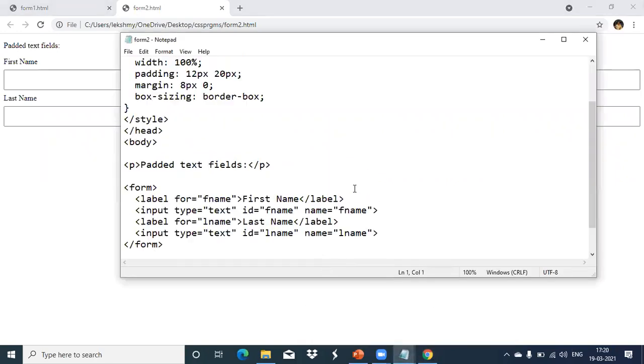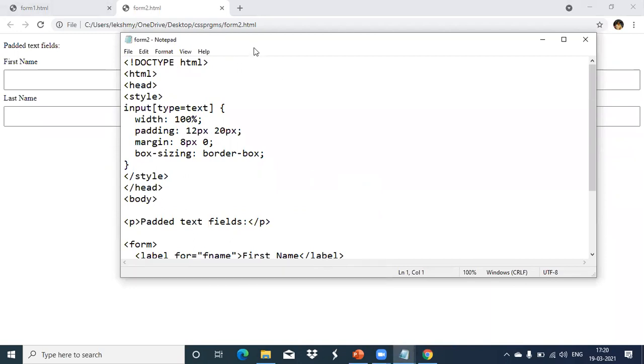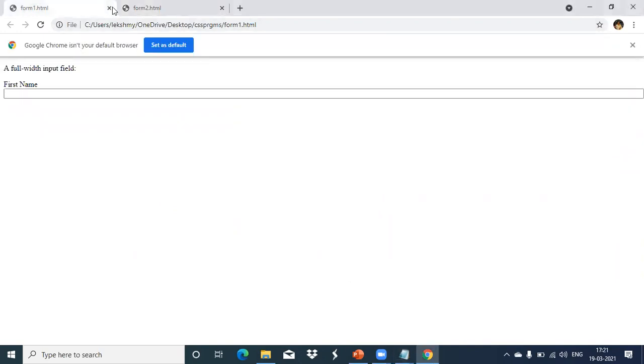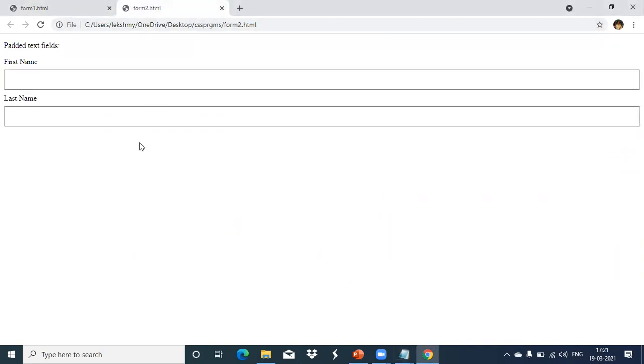You can see the padding we have done. And that box styles also, you can see the box sizing we have given as border-box like that. So only this type of styles we are getting there. Okay, clear? This is for the text field we have done.